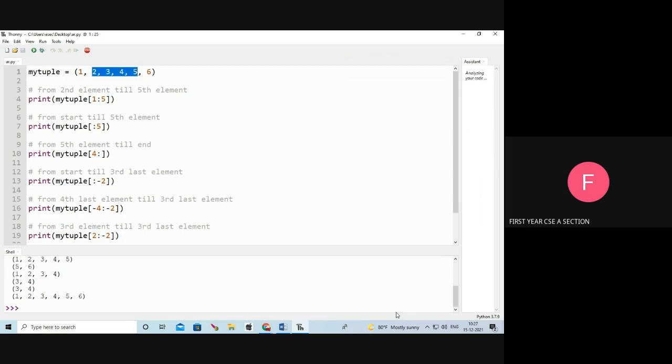See the output? That is 2, 3, 4, 5 is the output.